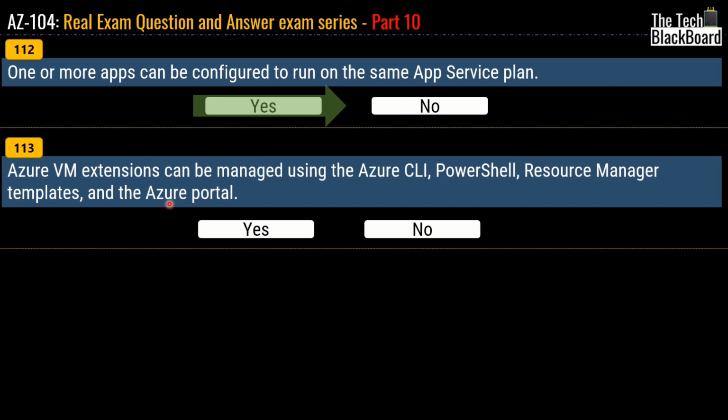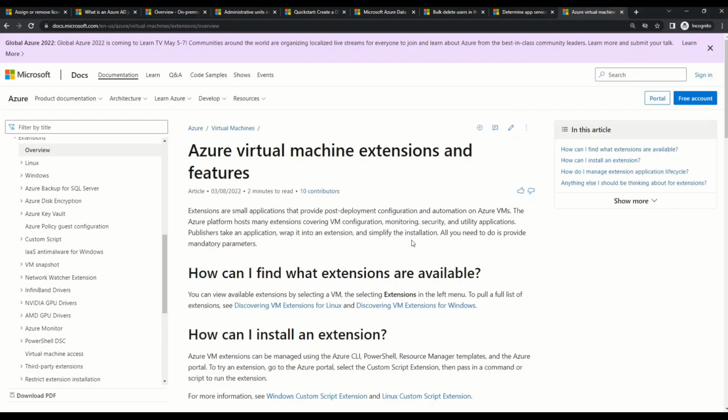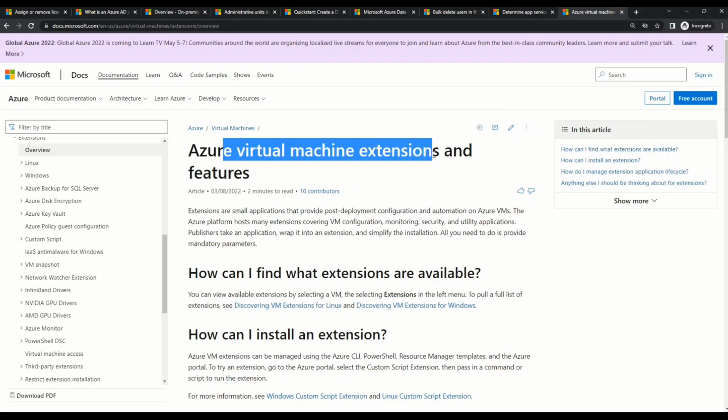The correct answer for this question is yes, you can actually manage the virtual machine extensions with any of the options that suits you. It could be Azure CLI, PowerShell, or Resource Manager template, or it could also be Azure Portal. If you want to read more about Azure Virtual Machine Extensions and explore its features, then this is the